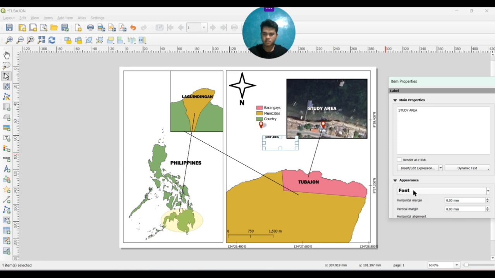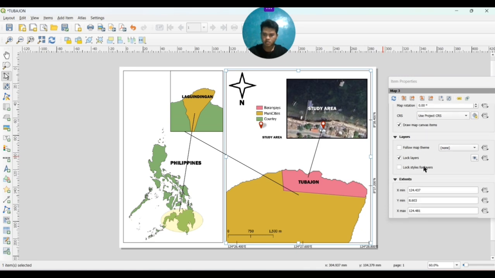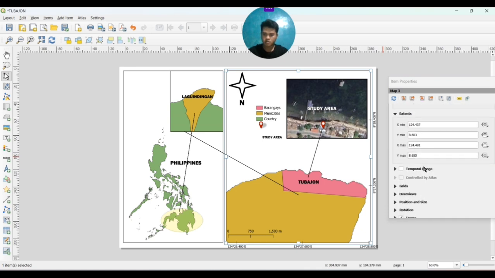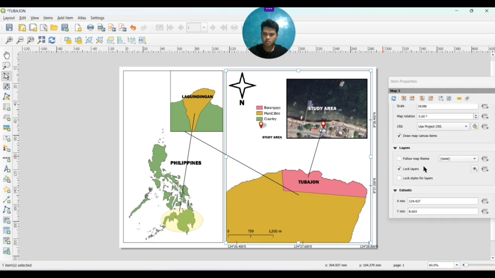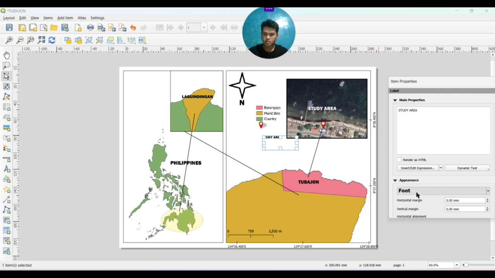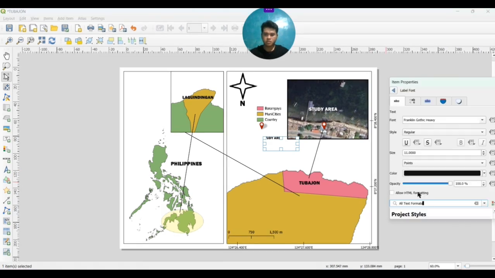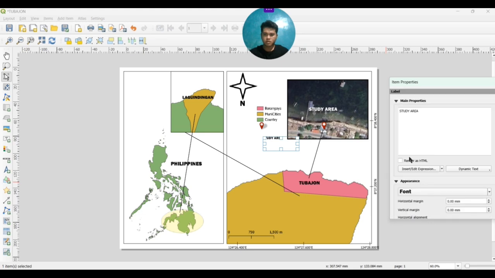To adjust the font size. I think that was too big. It's too big. Click for it, the font, this one. So make it smaller. It's just the size of the text.